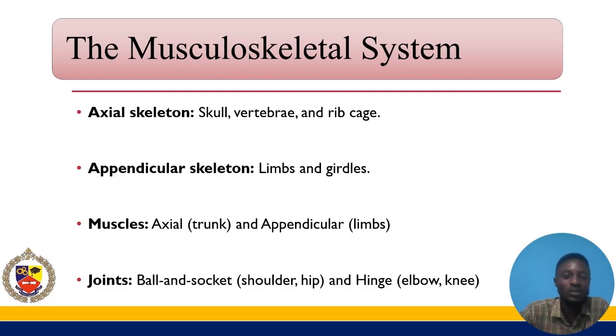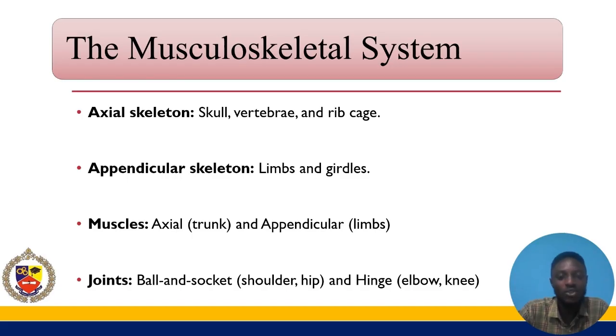So the way the musculoskeletal system works is that the axial skeleton, which consists of the trunk, includes the skull, the vertebra, and the rib cage. The skull particularly serves as a framework, a bone that helps to hold and protect the brain. We also have the vertebra, which is the spine,